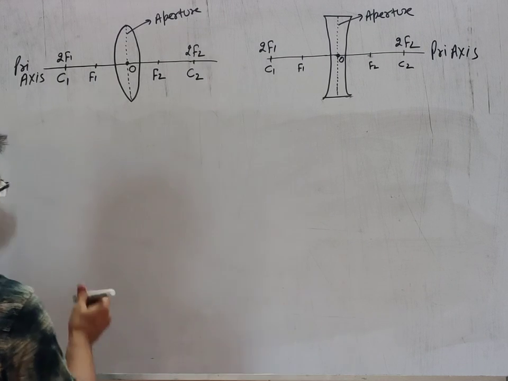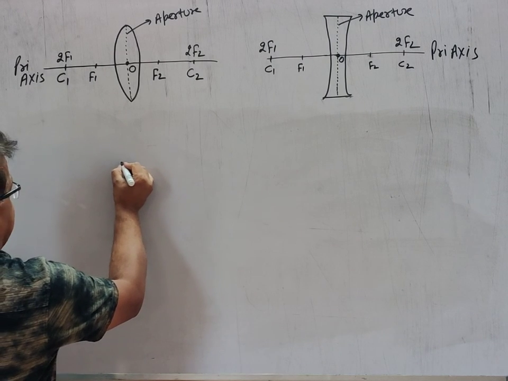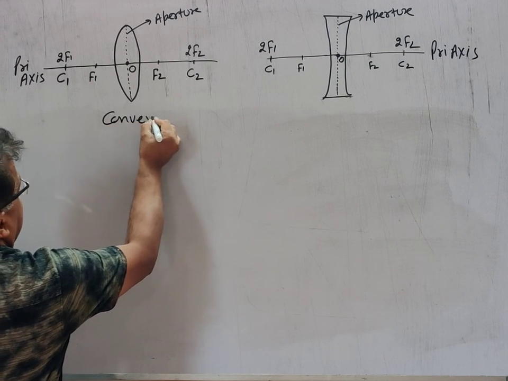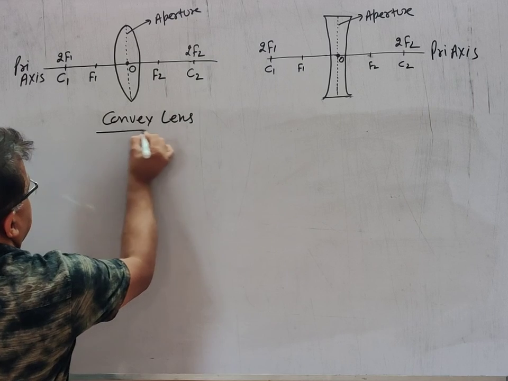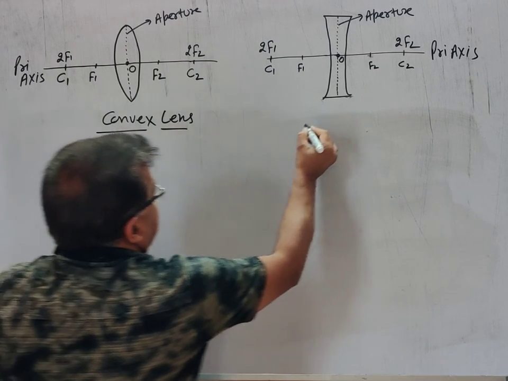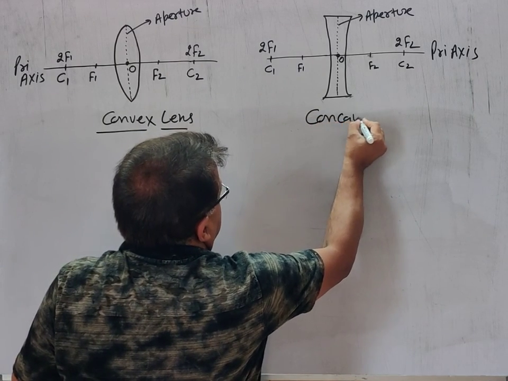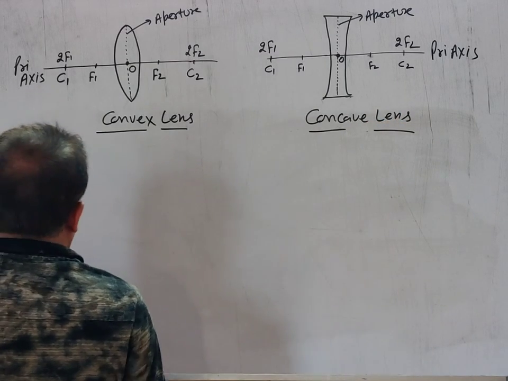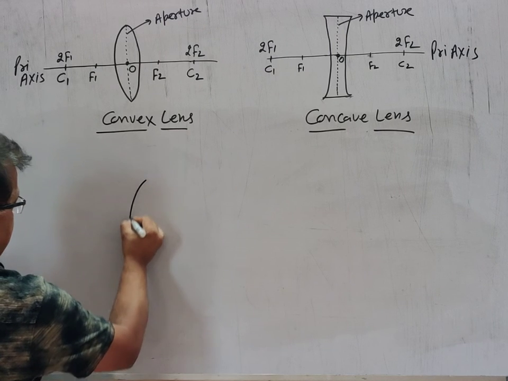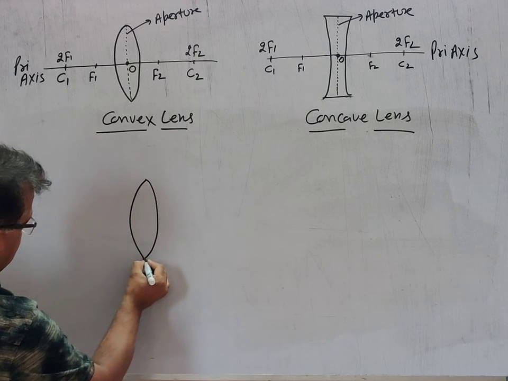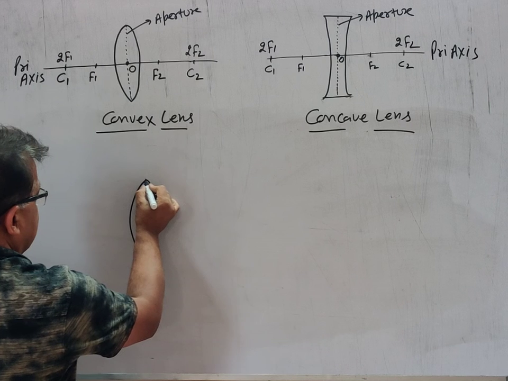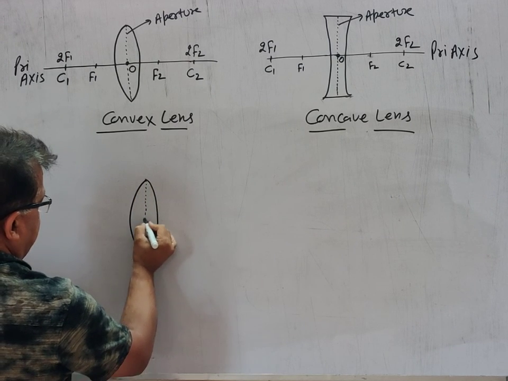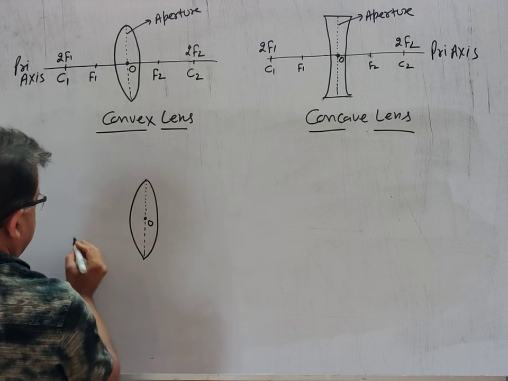We can also show principal focus like that. It is a convex lens and this is concave lens. Again it is convex lens. It is aperture, it is optical center,